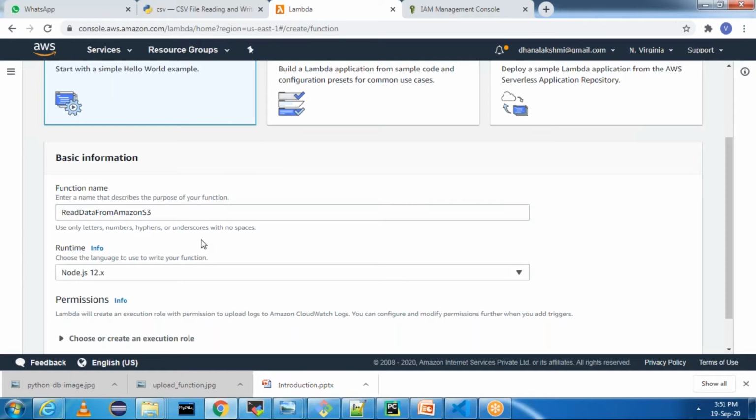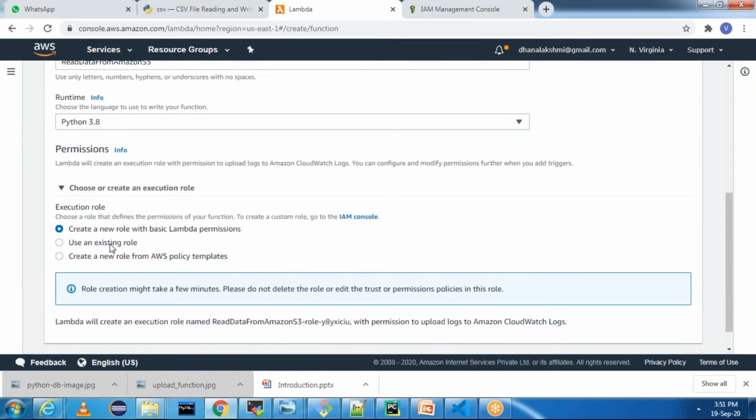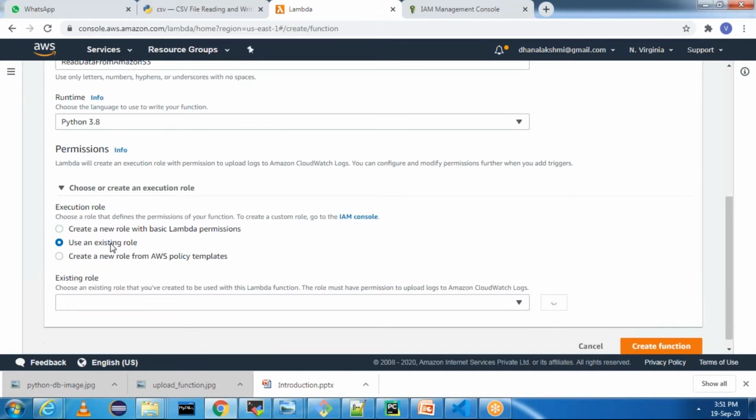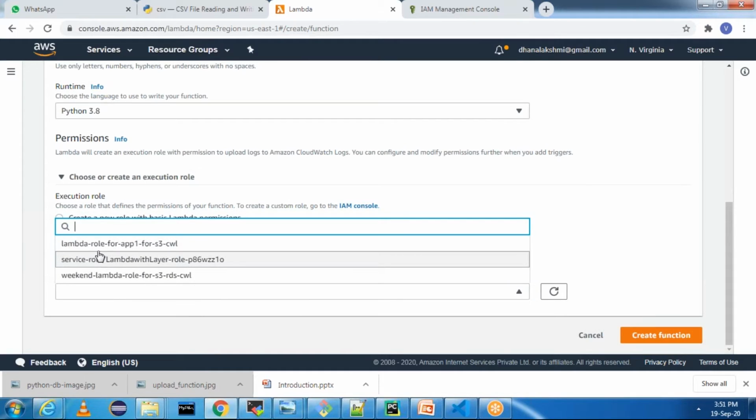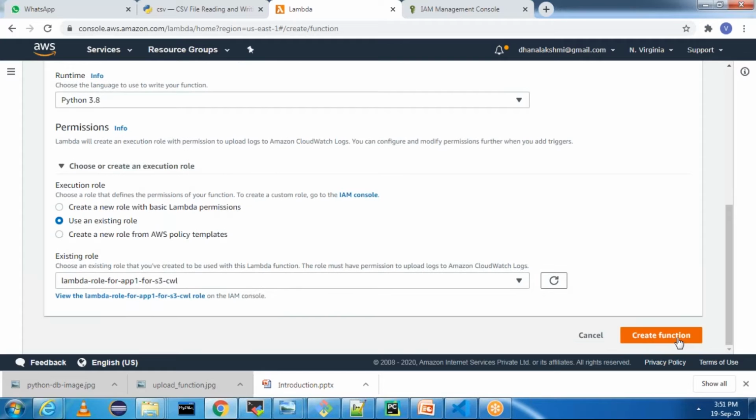Okay, we are going to read the data from Amazon S3, and the runtime we are going to use is Python 3.8. Under the permission sections, we need to select the role which we just created some time back. Use an existing role, and the role is Lambda role for application 1 for S3 CloudWatch. Perfect. Click on create function.